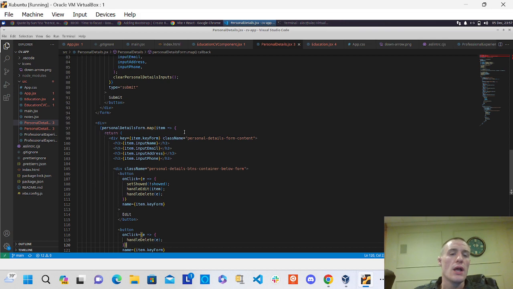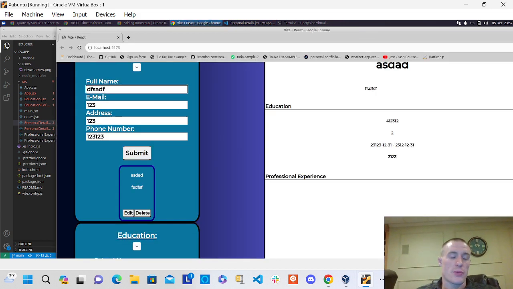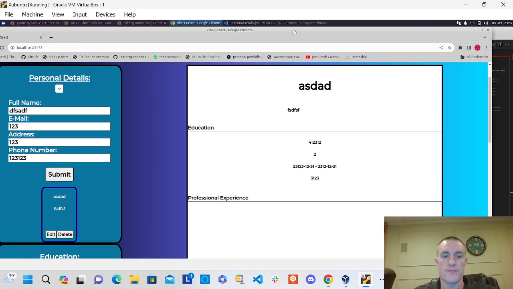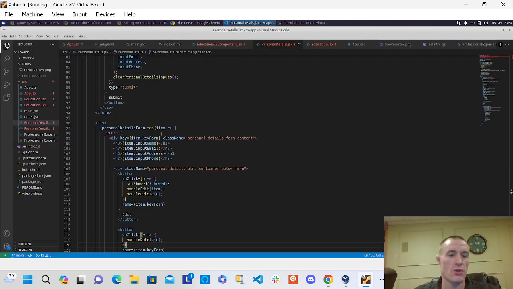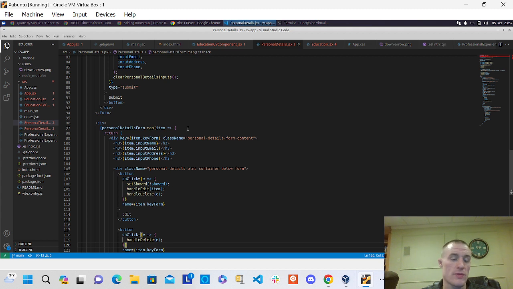And also, I've probably said this 100 times, but we've got content rendering in 2 places: below the form and also on the CV portion of things there. So that's why we're taking the personal details form array of entries, mapping through them, and then rendering to the screen. So in our edit button there,